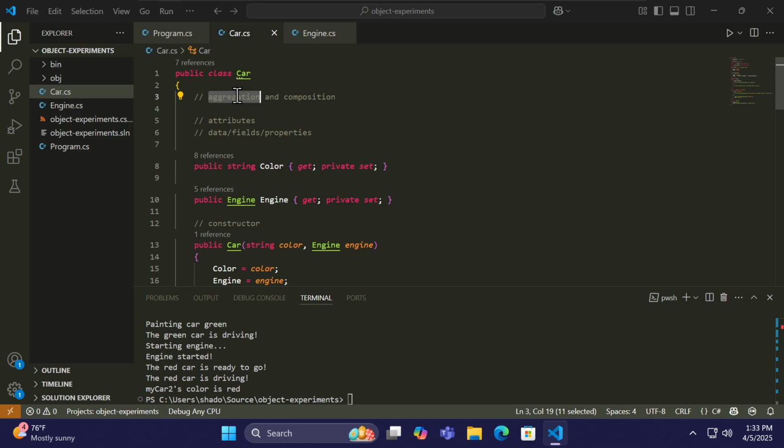For the car, I'm saying it has to have an engine, has to have a color, but for an aggregation, you can say it doesn't have to have one. So maybe in my aggregation here, the car can have a passenger. It can have one, but it's not required. It's still a car, even if it doesn't have a passenger. That'll make more sense as you work with it more, but in general, you tend to want to favor